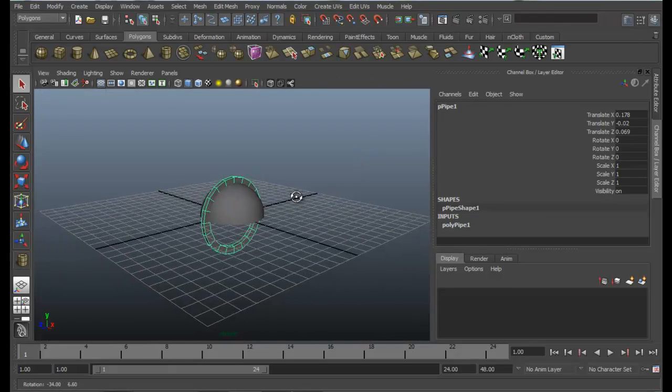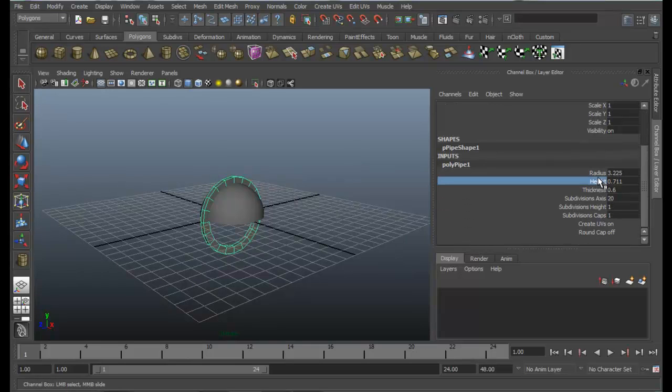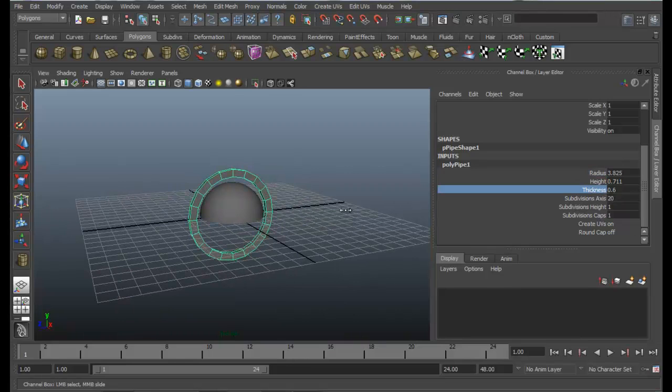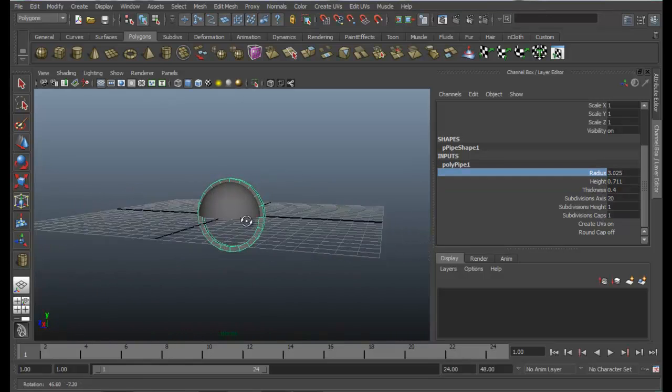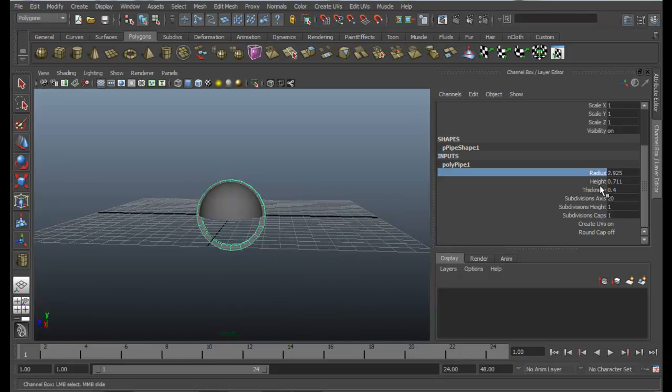It's a little bigger, I think, so we can change its size and thickness, less, radius a little down more, a little more down. Okay, I think that's great.